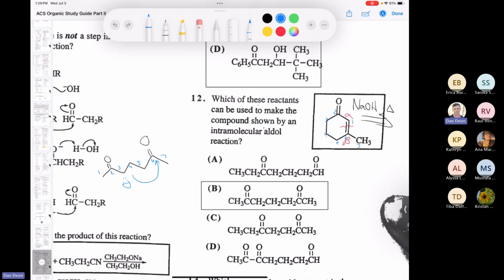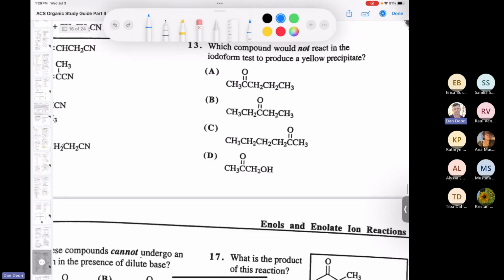So this is going to be an intramolecular aldol reaction, but this would be an aldol elimination, because we end up losing water in the process. All right, so hopefully my retrosynthesis here, you find that kind of helpful to steer you in the right direction. But I am talking too much. Let's move on to the next one I had, which was number